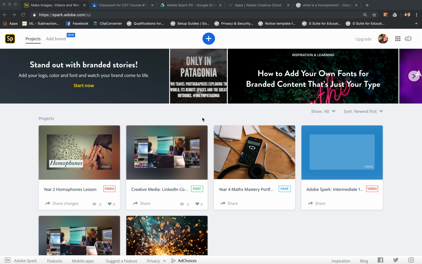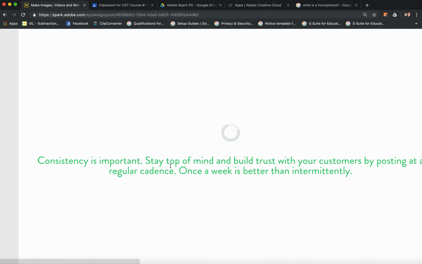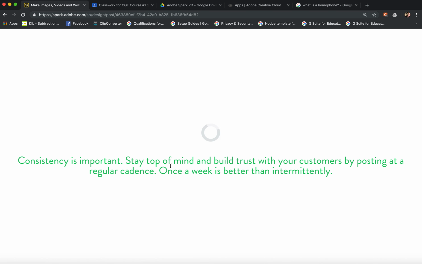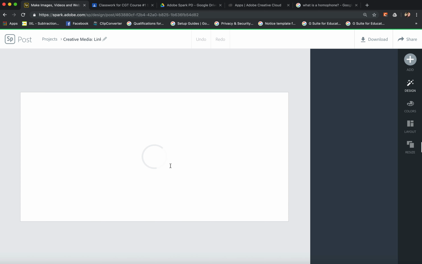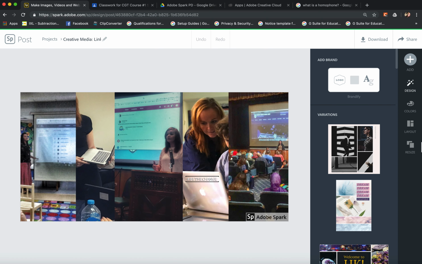So for example, in a secondary classroom, a creative media classroom, where students are starting to build their LinkedIn profiles, getting their experience all added into their profile in order to start looking for jobs after graduation, they would need to create a cover photo for their LinkedIn profile. So Adobe Spark is a brilliant tool where students can create a post, a graphic cover that is exactly the